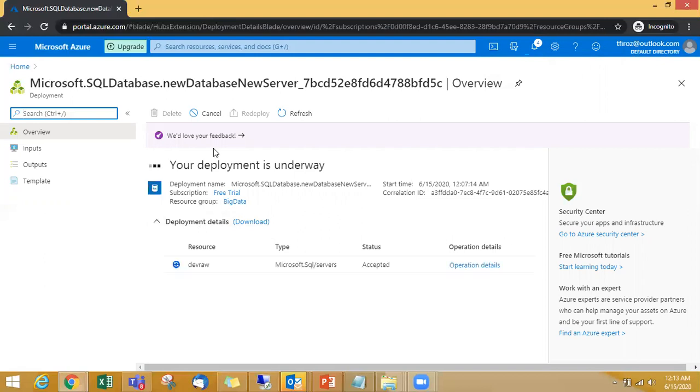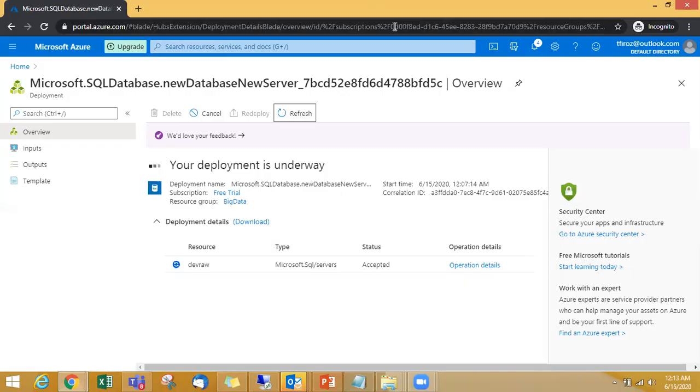So it is a very easy thing. Earlier, if we had to restore AdventureWorks, we needed to download it from Google, and then install SQL Server on my local machine, and then restore that particular backup. But with Azure, it's very easy now. So this deployment is in progress. I'll pause this video for a few minutes. Once this is done, I'll resume this video again.